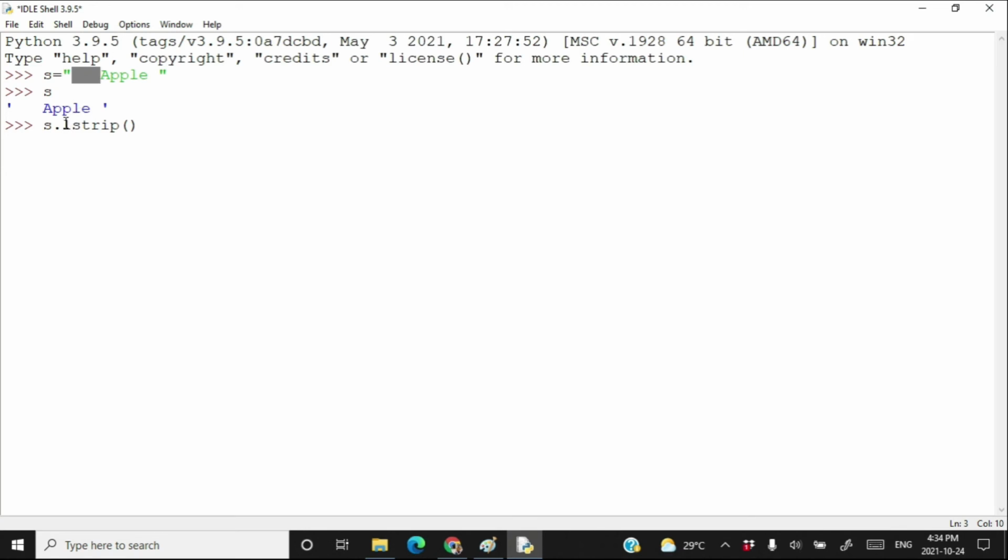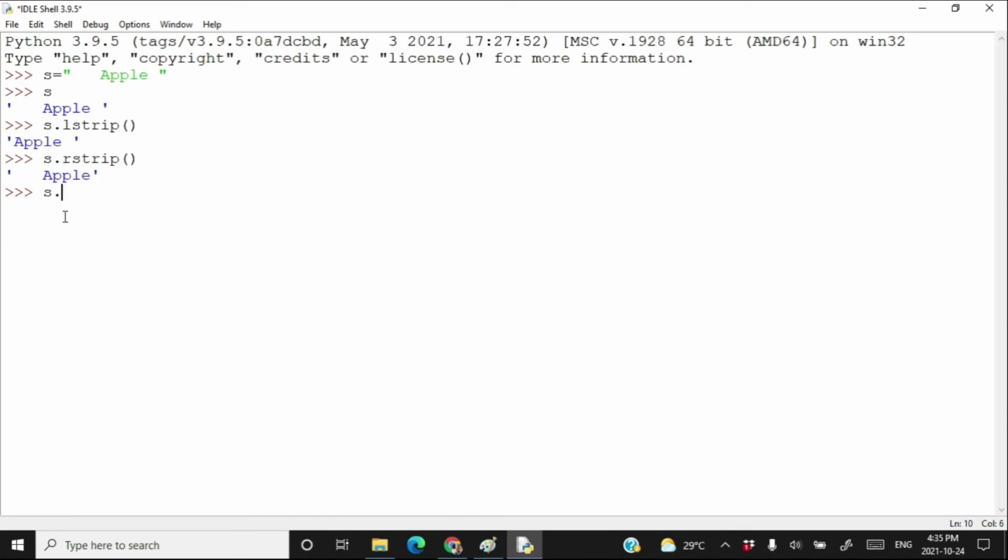That's why this method is called lstrip. Press enter and here you got this string. The space characters from the beginning have been removed, but the space character at the end, means at the right, is still there. Let's use s.rstrip, means right strip. This method removes all the space characters from the end of the string, means from the right of the string. And here you got the spaces in the beginning of the string retained, but the spaces at the end of the string got removed.